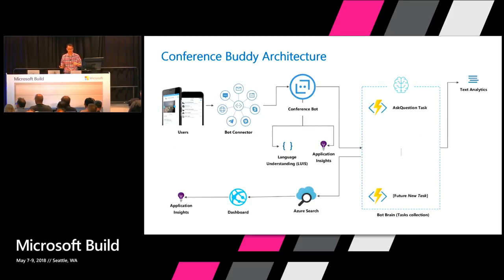So let's first start with the architecture, right? The Conference Buddy is built on a microservice architecture. Okay? This means that each component is responsible for a single workload. They are each deployed individually, and thus each component can be scaled and tested individually. Right? As you may have noticed, Conference Buddy consists of 3 components. We have the conference bot, which deals with messages from the users who are sending and receiving messages. Then we also have the bot brain, which actually handles the messages that are coming from the bot itself.